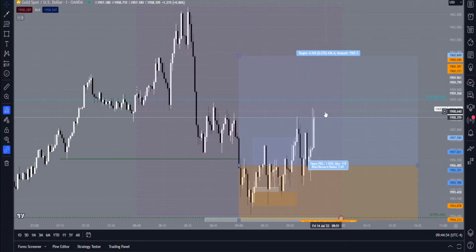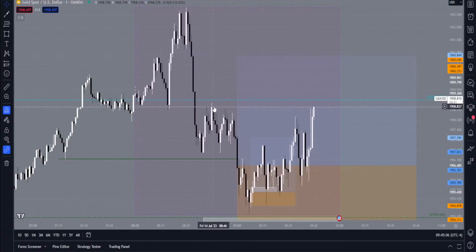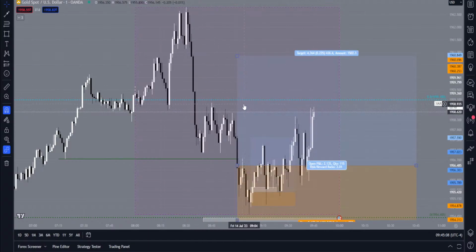It wants to do it. 3, 2, 1. Let's see what the next minute candle does. Okay, so I'm probably going to move it here because it's reaching these highs right here. I'm going to move my stop loss to break even now. Modify order. And alright, so now it should be risk free.